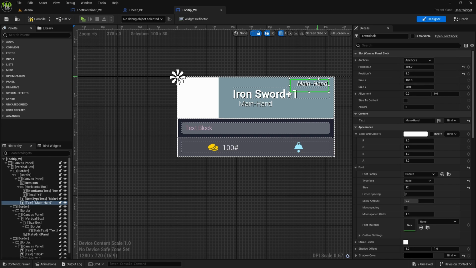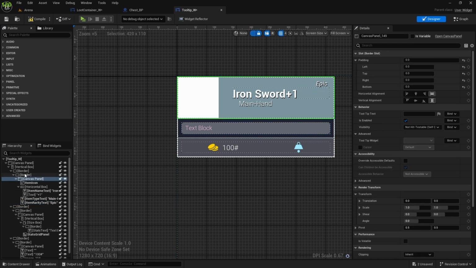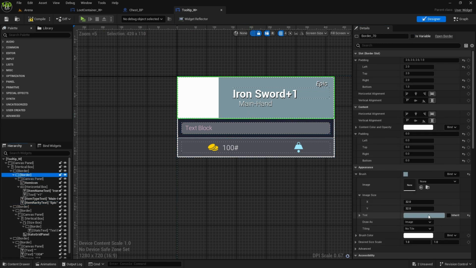This one will be, why does it say main hand? This is item rarity text. Then this border with the color, this will be item rarity image